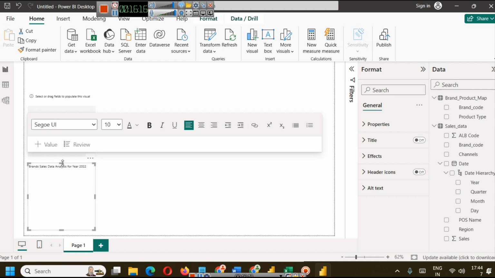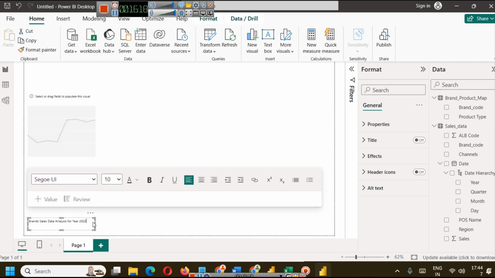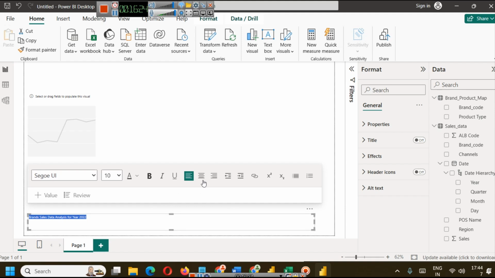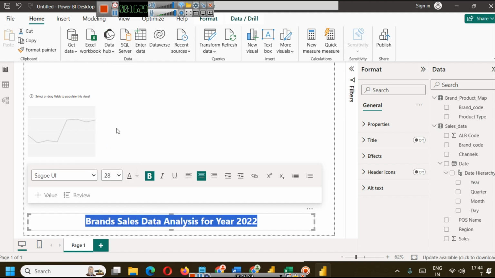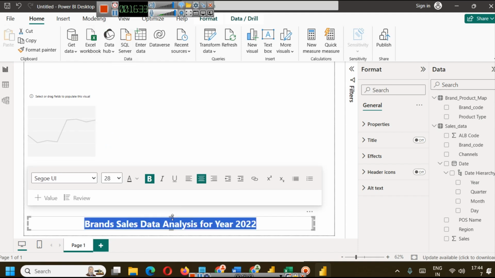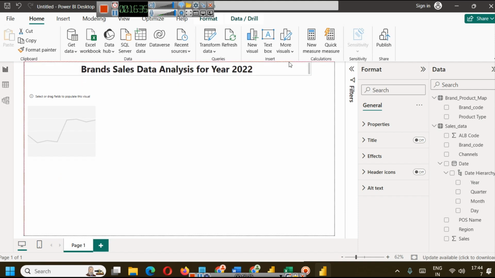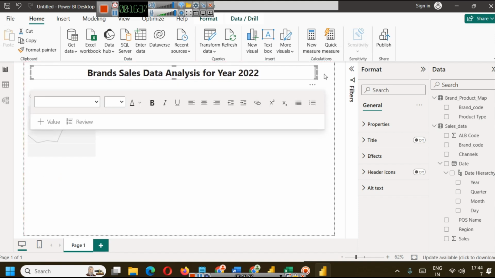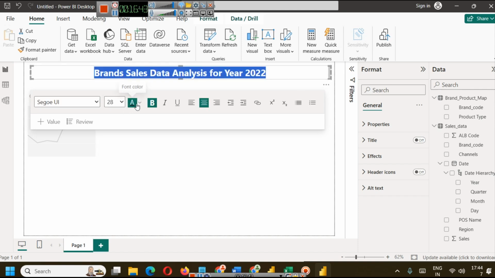It will not matter if you have data of different years because that melt method will automatically convert them. Now you will select it, align to center, make it bold and use a size like 28 or whatever you want to do and you can put it here on top. I will not spend too much time on formatting and cosmetics here because here we simply want to create a